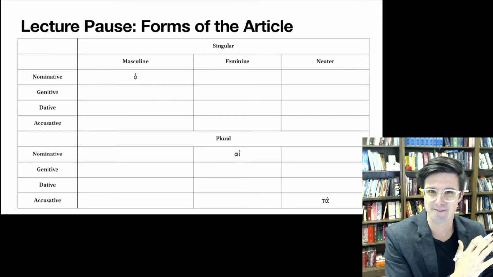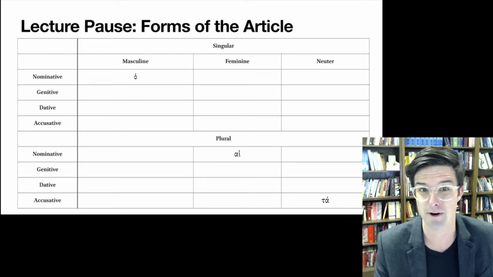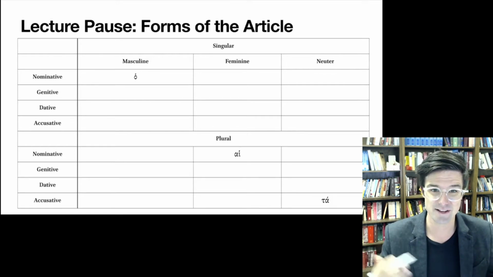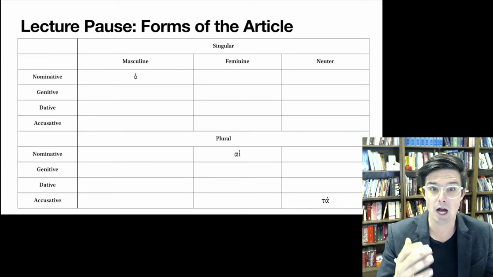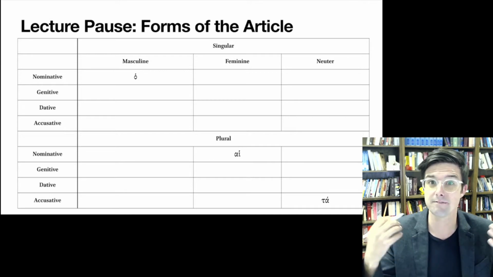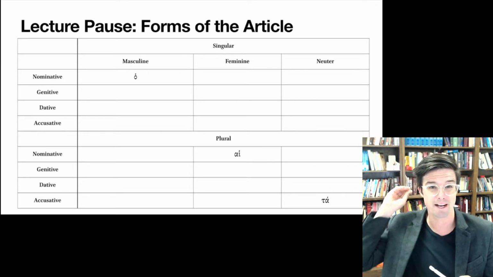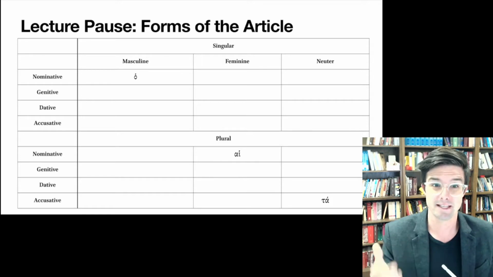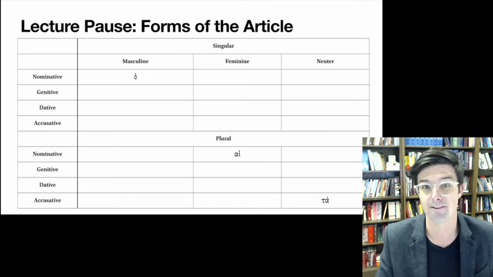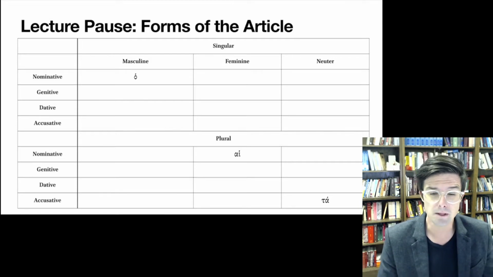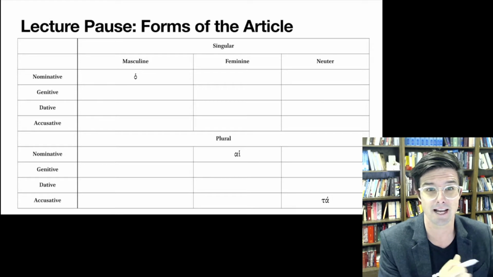If you remember back from Greek 1, I had you write these things on a whiteboard. If you have a whiteboard handy, by all means, use it. If not, just grab a piece of paper and jot down here to the best of your ability. So this is reaching perhaps way far back in your brain. It's probably been a long time since you have gone about listing out the different forms of the article. What I want you to do is do the very best you can without referencing any material